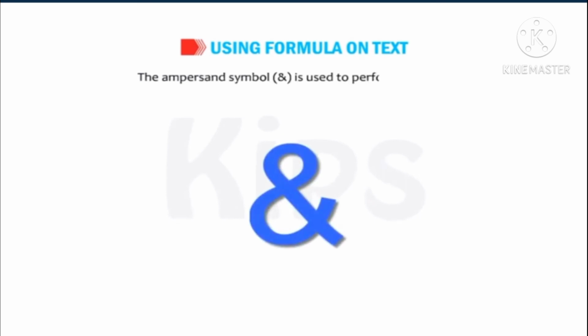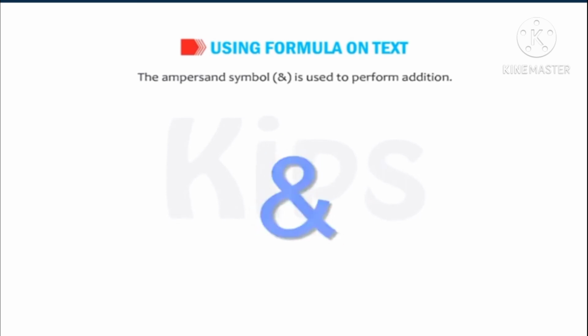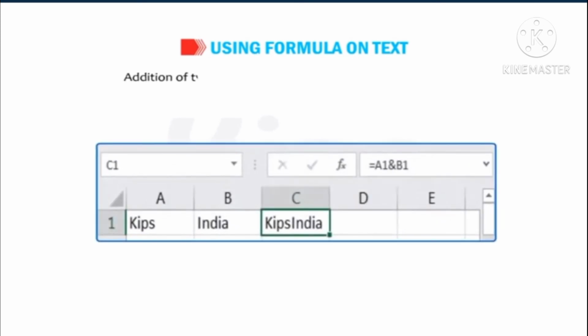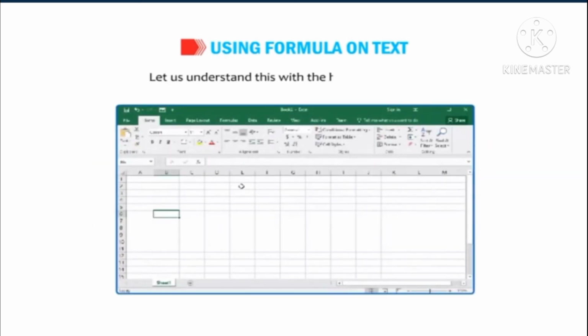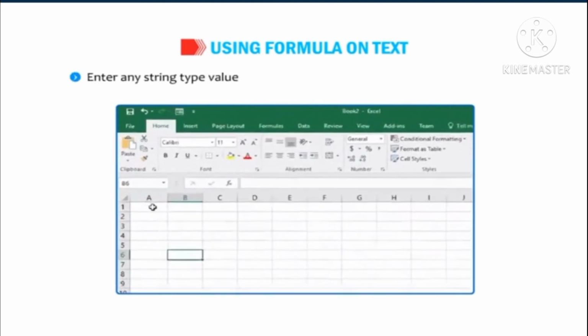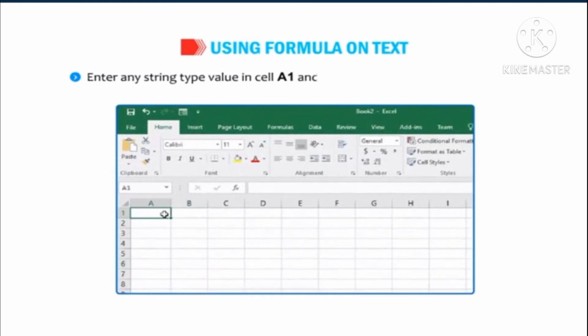The ampersand symbol is used to perform addition of two or more text values, which is called concatenation. Let us understand this with the help of an example. Enter any string type value in cells A1 and B1.